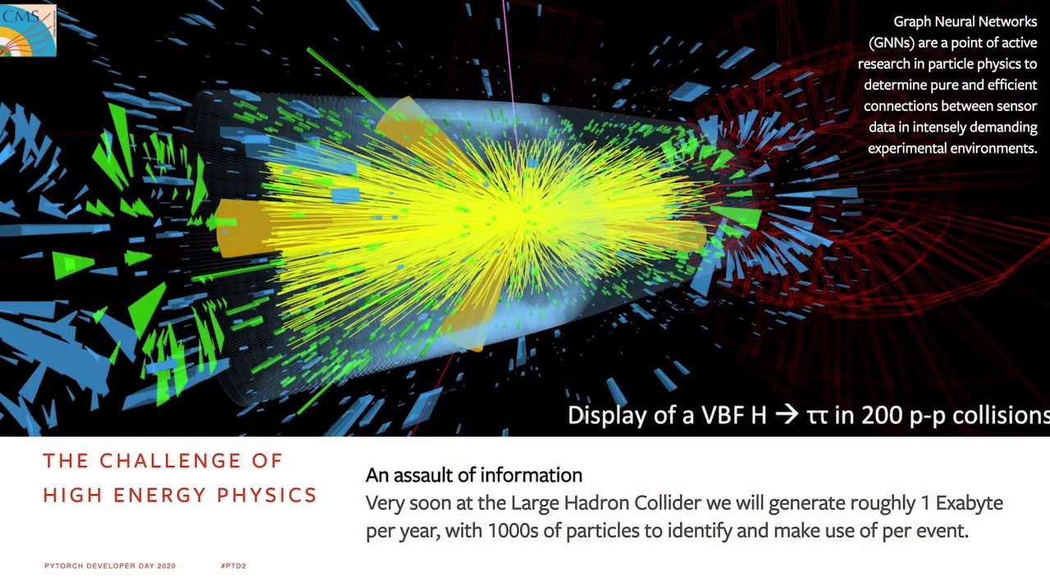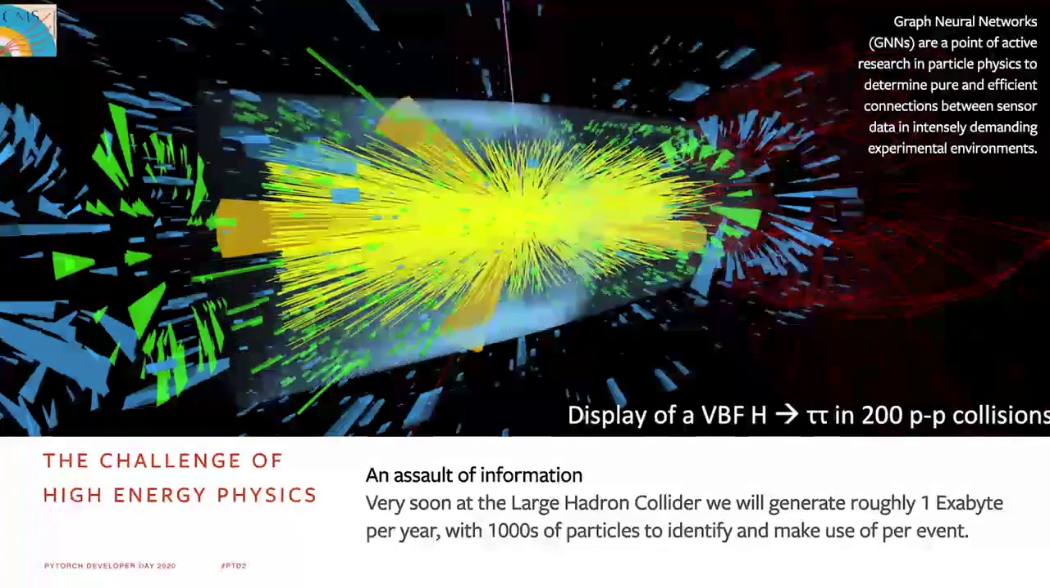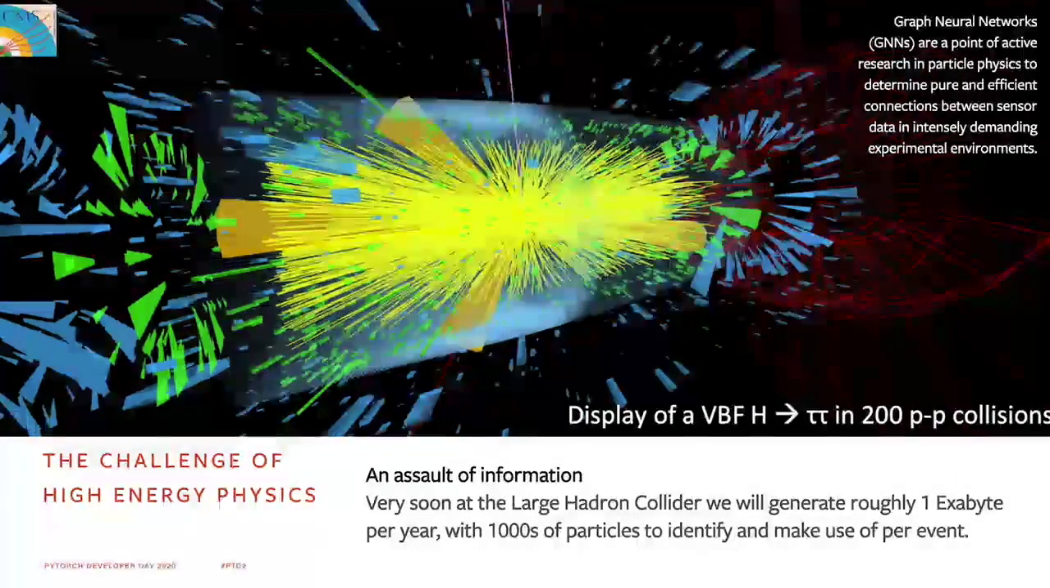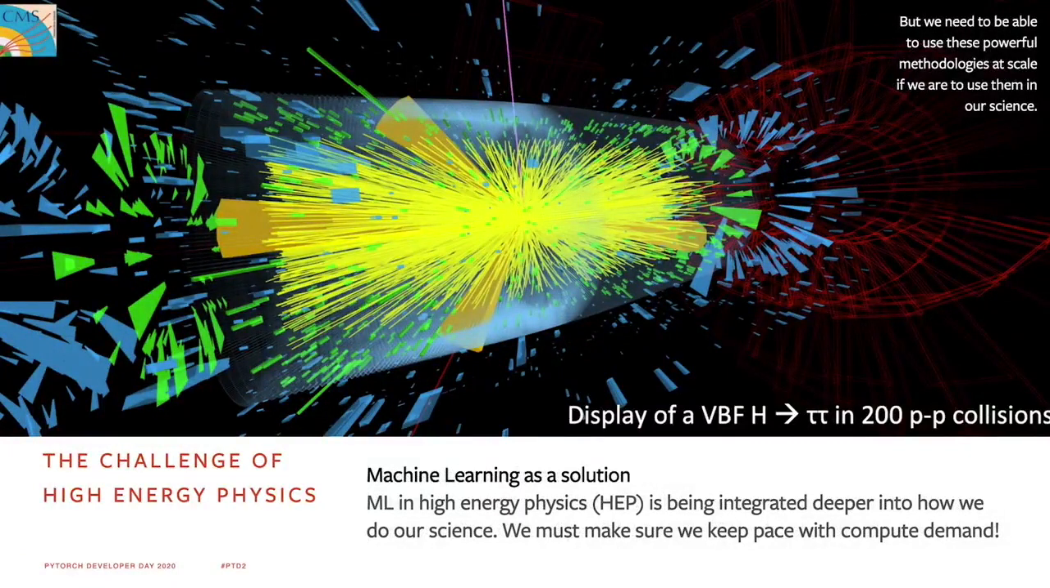In high-energy particle physics, we're facing a challenge of an assault of information in the coming years. Soon we'll be taking about an exabyte of data per year, of highly structured data with thousands of particles per event to identify and make use of. We've been looking into graph neural networks because they're very good at processing point clouds, which can describe a lot of our data. And we need to make sure that we can keep up with the compute demand that's coming